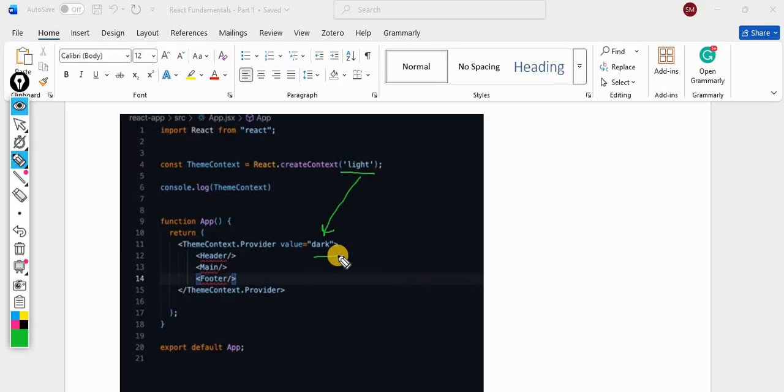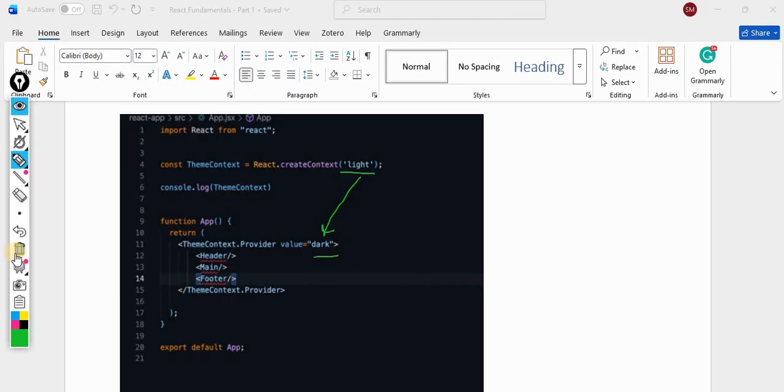Earlier the value was light, now it will be changed to dark. This light will be changed into dark.